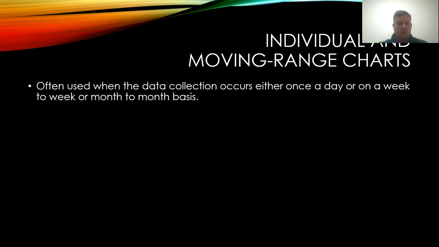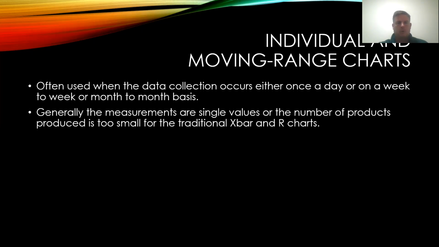So a very, very small amount of data is being produced to measure. The measurements are going to be single values, or the number of products produced is too small for the traditional X bar and R charts, right? If we can do anything, we'd rather have X bar and R because it's a very easy thing to do,